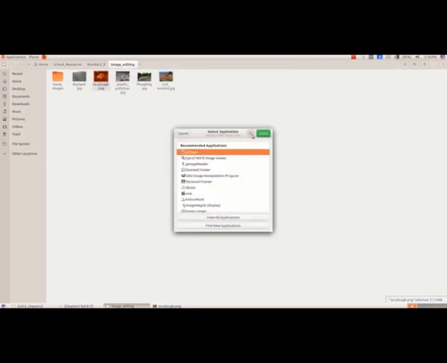And here from this window we can select the different image viewers: Gthumb, and then we have Shotwell, Shotwell image viewer, and then we have another one, Eye of GNOME. So first we will open using Gthumb. So you select the application and then you have to click the select button.